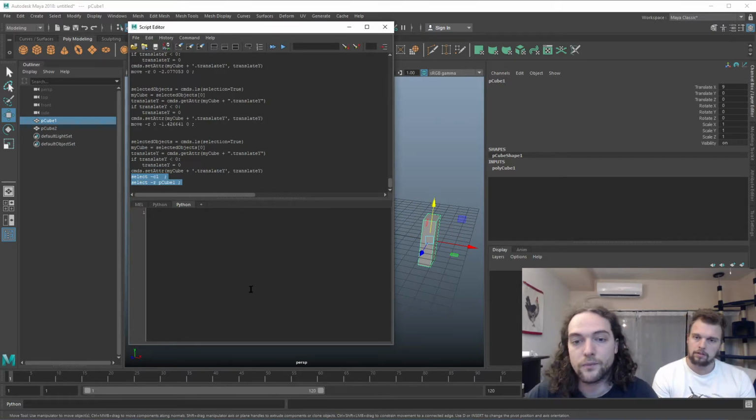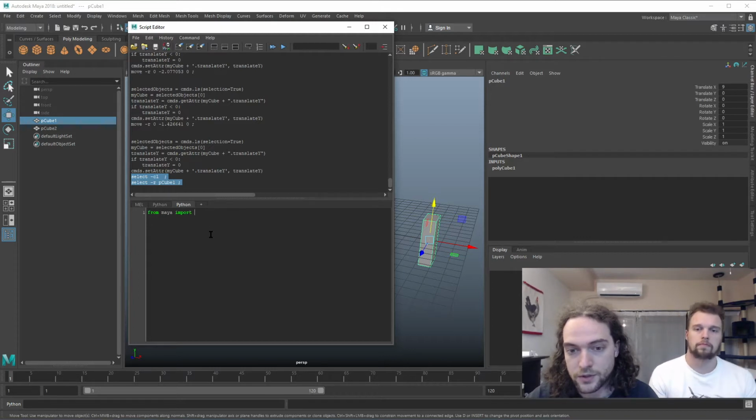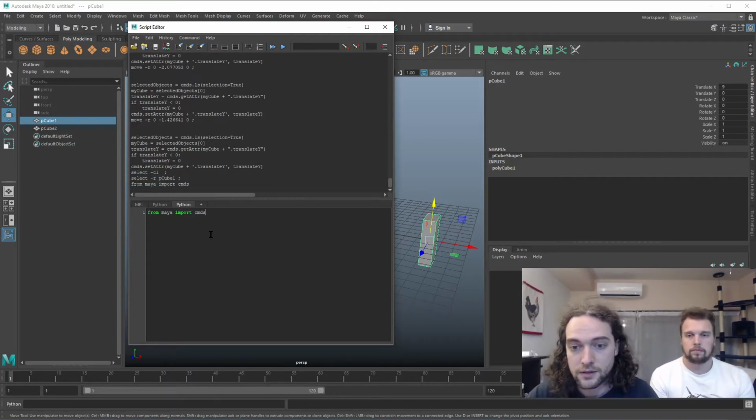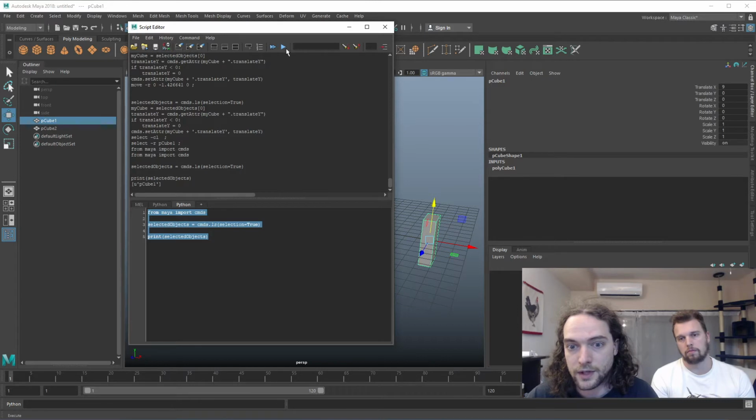Right, so you might have seen from the last session, to reiterate, we'll always start with from maya import cmds. And then now we're interacting with Maya. So we do cmds.ls selection equals true to get the current selection. I'll call that selected objects, plural. And then I'm going to print this variable. And if I run that script, then we get this thing which looks like these square brackets and then a